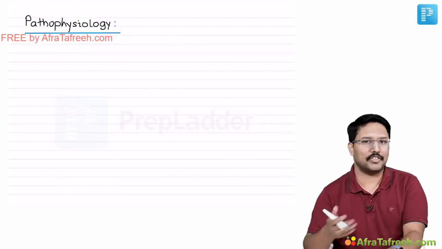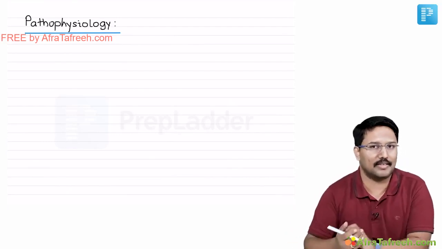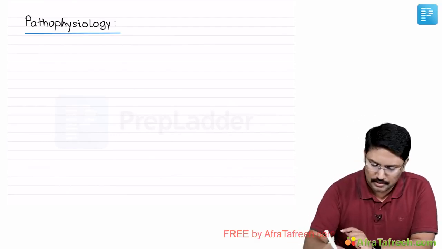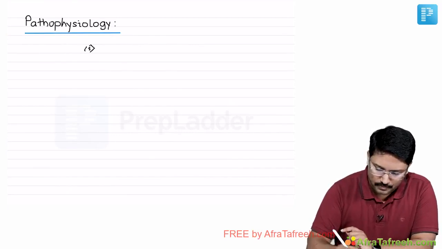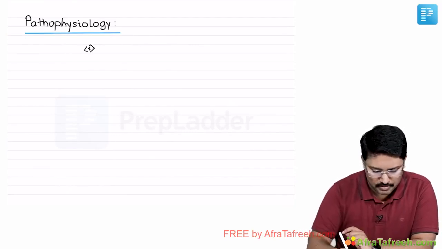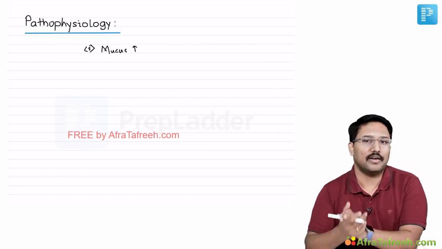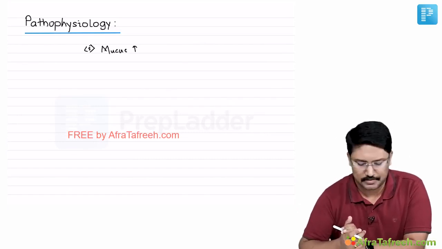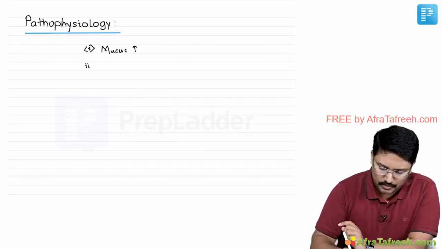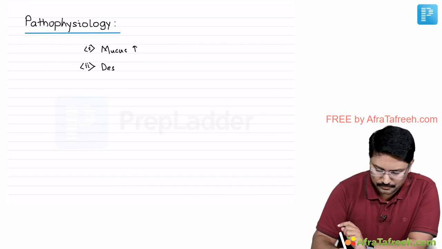So when you take a section of the bronchi of these dilated segments, what you will notice is, number one, when you look at the lumen of these dilated bronchi, they are loaded with mucus. So there is increased mucus production. So it may be associated with hyperplasia of the mucus producing glands. Okay. Number two, you will notice there is destruction of